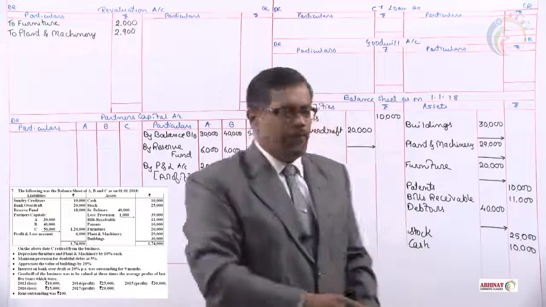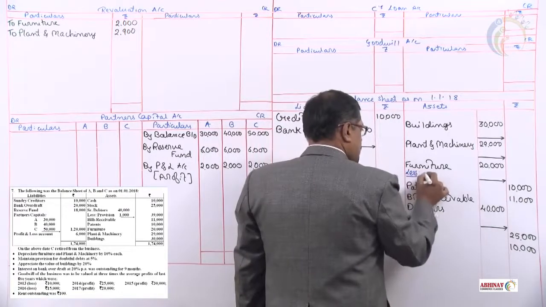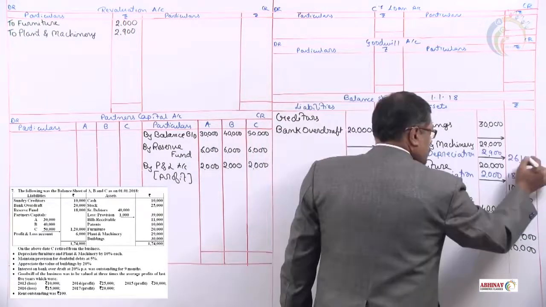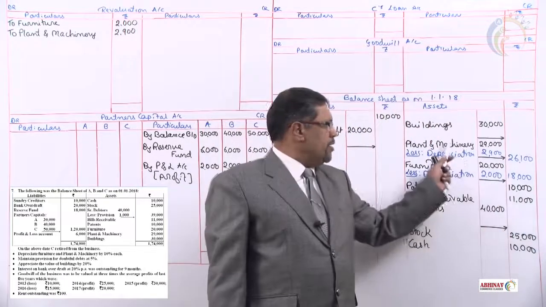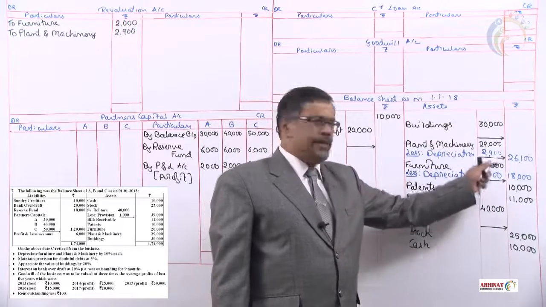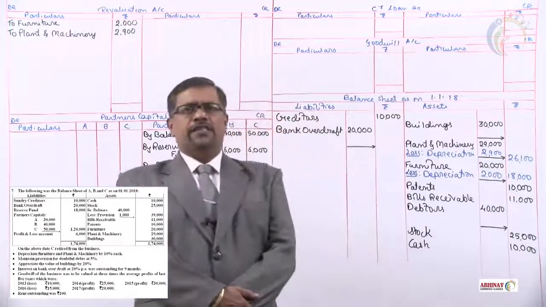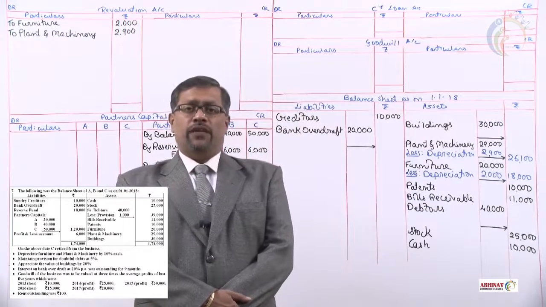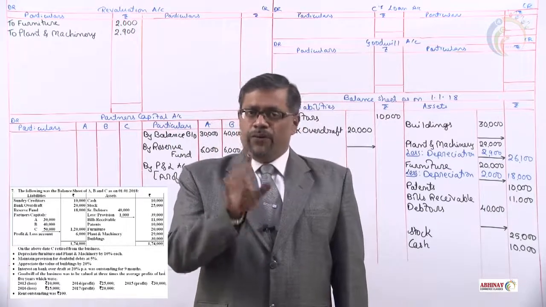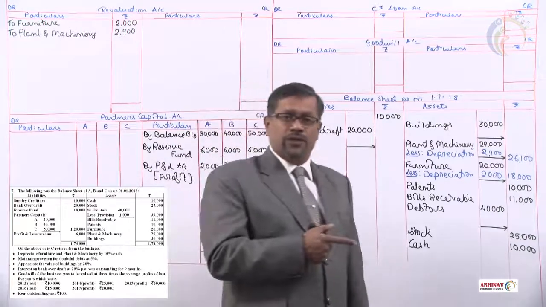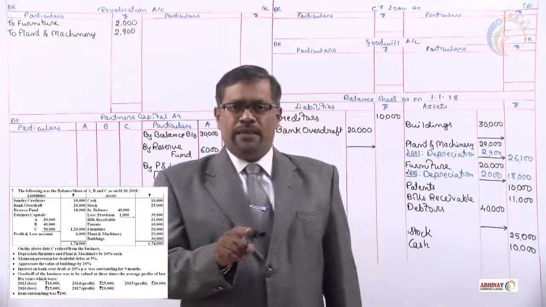Depreciation decreases the value of an asset. From furniture, minus its depreciation. From furniture, 2,000 is minus, 18,000. From plant and machinery, we minus 2,900. In the outer column, 26,100. Let us see what is the next adjustment. Maintain provision for doubtful debts at 5%. A note is done in the last session. What we do? 5%. 5% of what? 40,000. How much we get? 2,000.